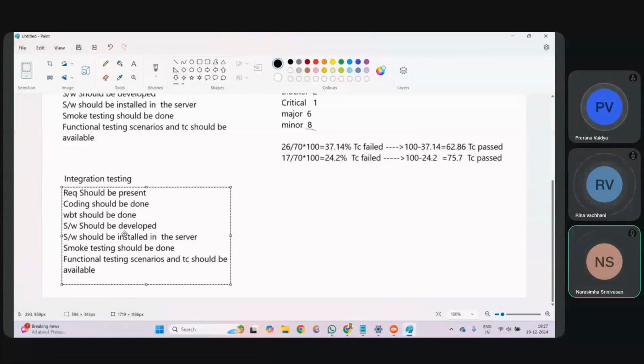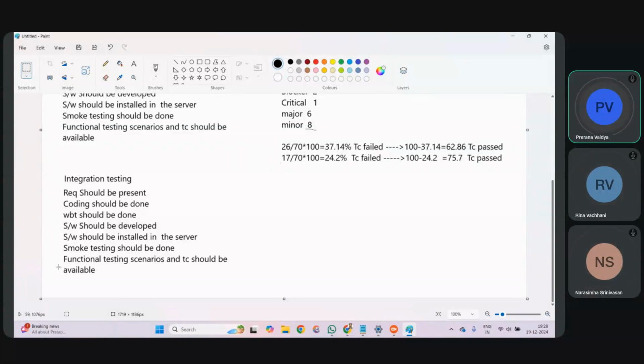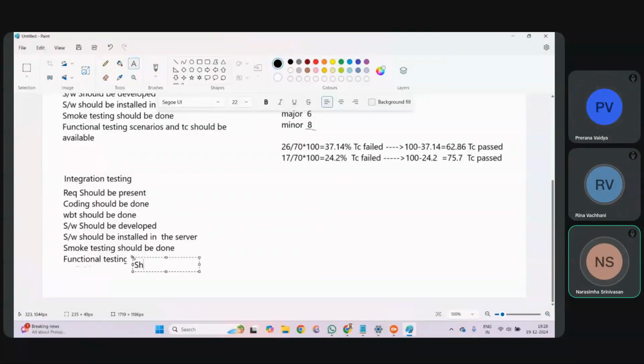White box testing should be done. Software should be developed. Smoke testing should be done. Functional testing should be done, right? So functional testing should be done. See how the sentence I will write. Functional testing should be done